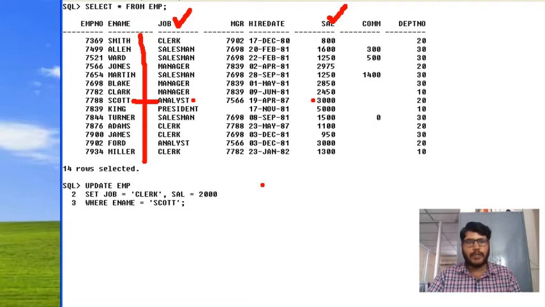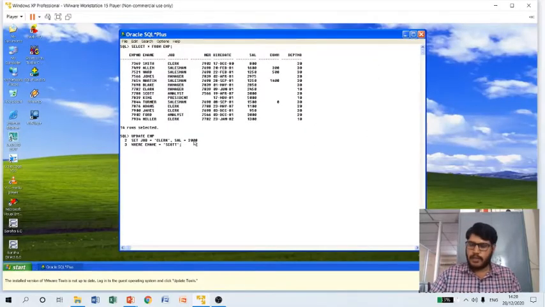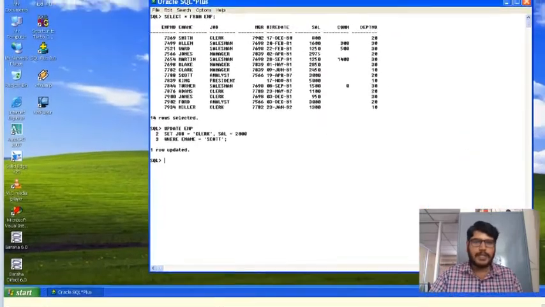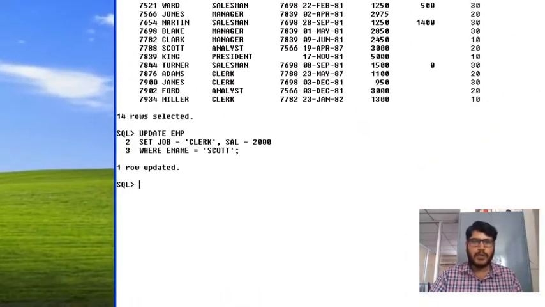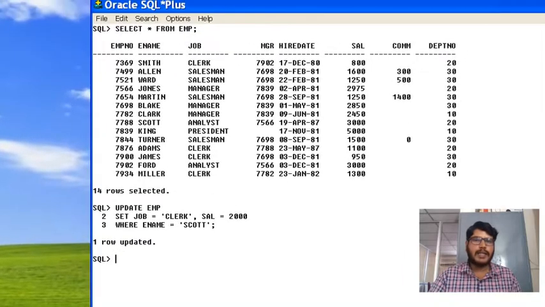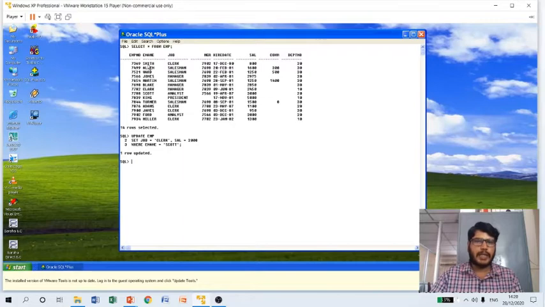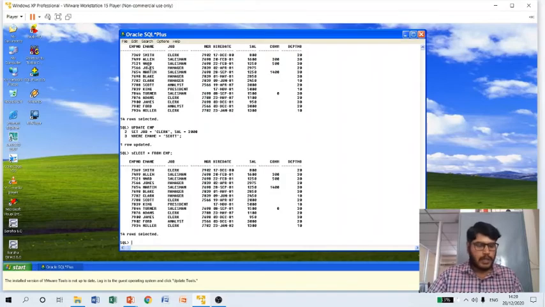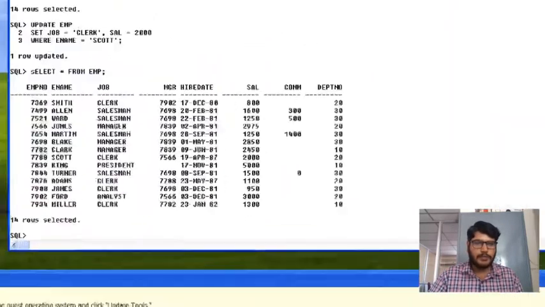Now let me execute this. Press enter. You can observe a message. It is saying that one row updated. That means what? In the entire table, it has updated one record. So now let us see the records by executing select star from EMP table command. Select star from EMP. Now look at the Scott record here.